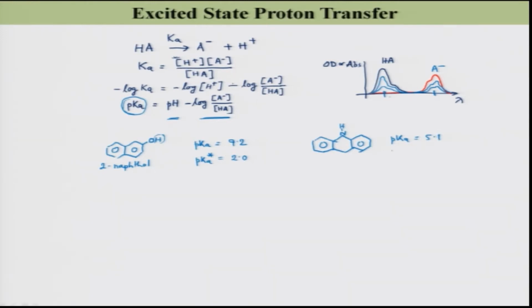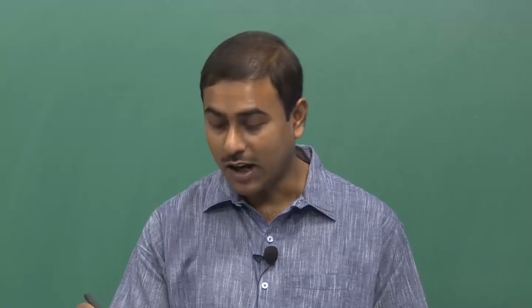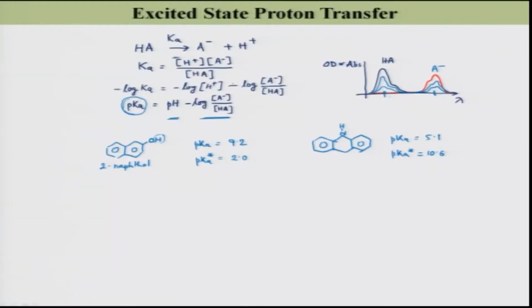However, in the excited state, if you shine light, the pKa turns out to be 10.6. That means, under photoexcitation, this molecule becomes a strong base. It was 5.1 in the ground state, but in the excited state it is 10.6. So, you see the change of the acidity of this molecule under photoexcitation. In the case where you see that pKa star is much lower compared to the pKa,